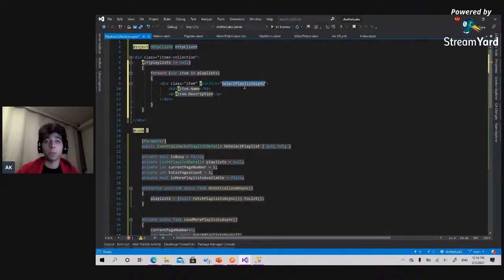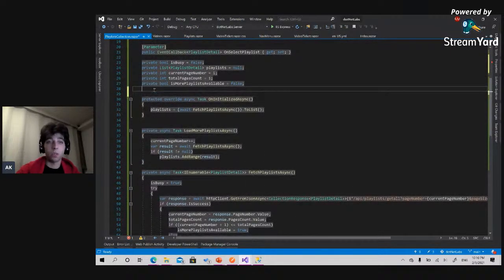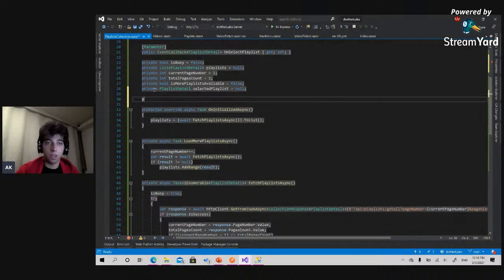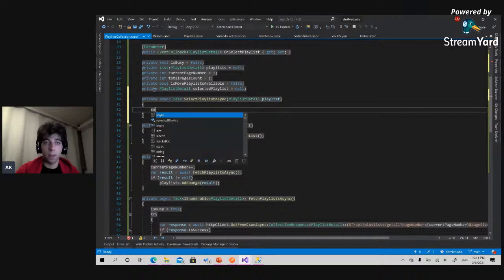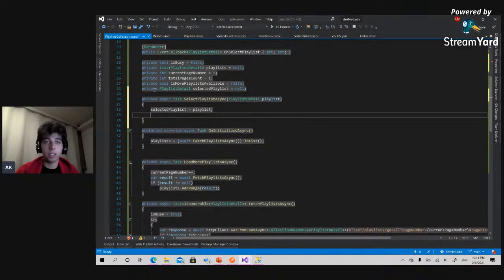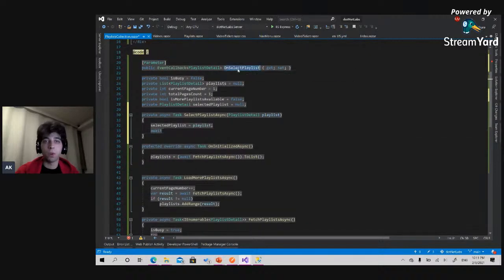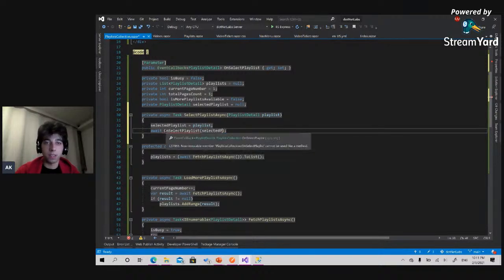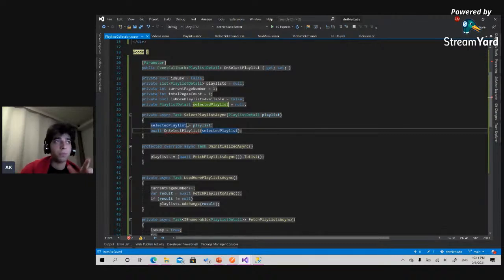Now we are going to create this function, select playlist async. So first, we will create a private field called playlist details called selected playlist equals null by default. And you'll have a function async task select the playlist detail, and it will take a playlist. So what's going to happen is selected playlist equals the one selected, and then fire this event that will be invoked from the parent components to be able to get an event, and you will pass the selected playlist for it. So following this mechanism, we are able, as I've said, to